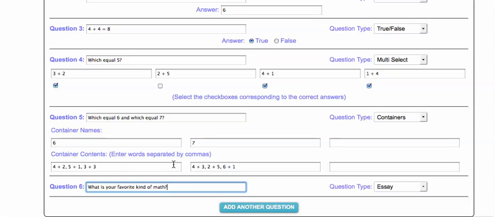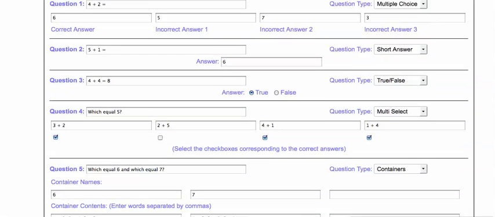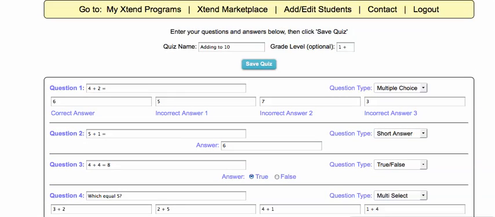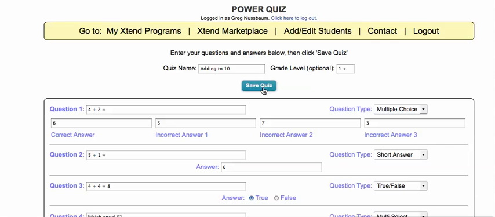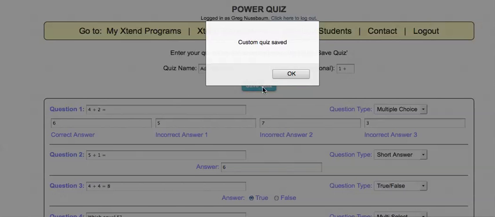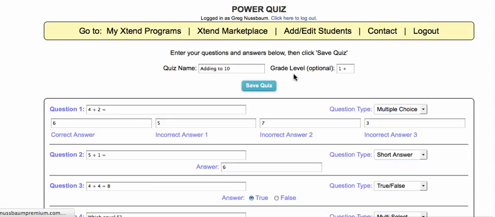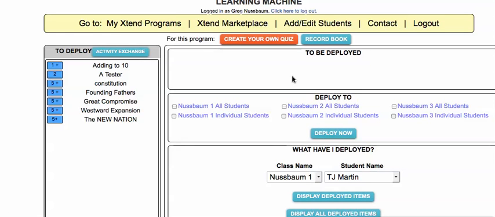All right, so let's deploy this. This will go fast. So I am going to save this quiz called Adding to 10. Watch what happens when I save it. So I'm saving it. It says custom quiz saved. Click OK. This might take a minute, especially on my computer, which is going particularly slow. And it shows up in my to deploy space. So now all I do is click and drag this over,